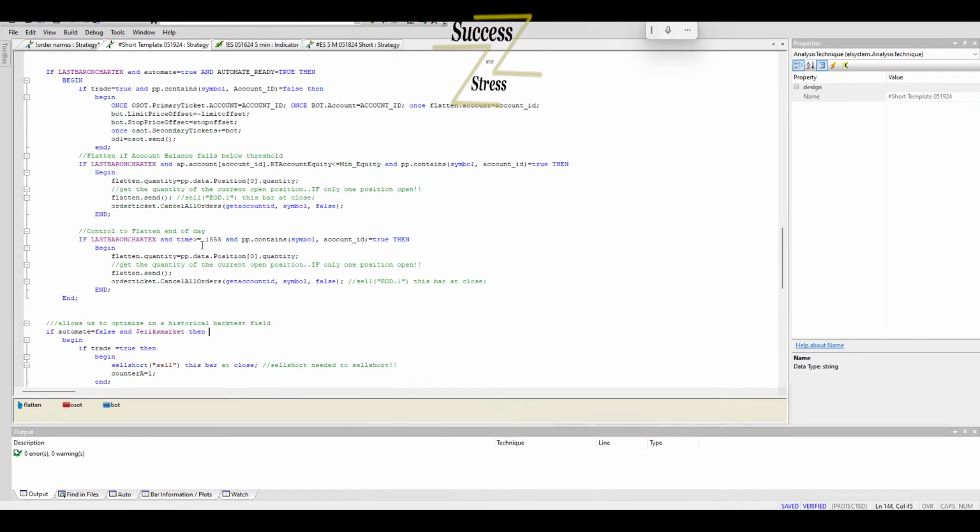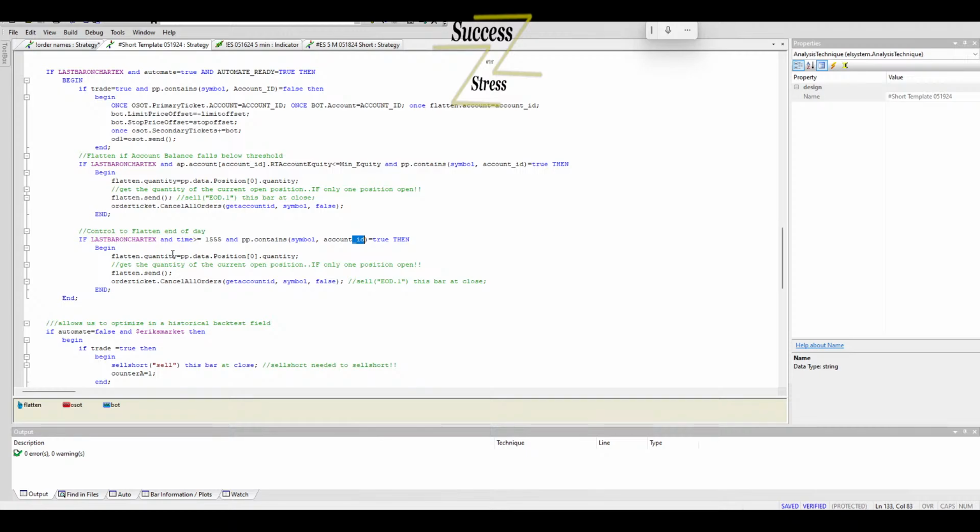So order ticket here, not 1355, but 1555, which would be 3:55 p.m. So prior to close. So that was a 5-minute candle. So at 1555, we were in a position. So I had the symbol account ID equals true. It should have assigned.